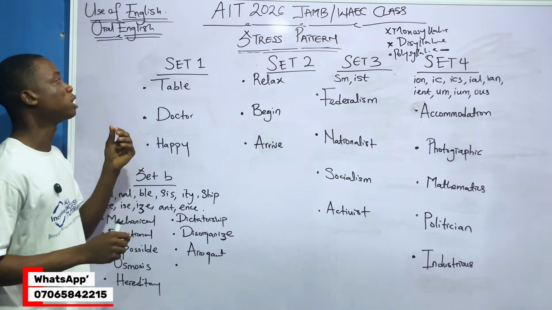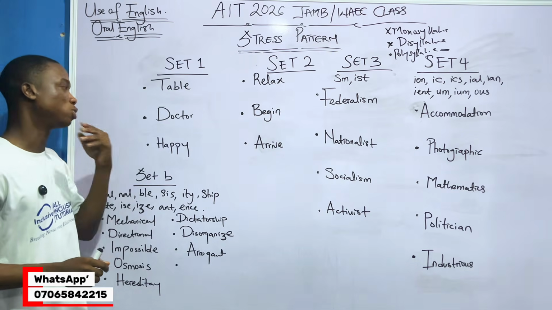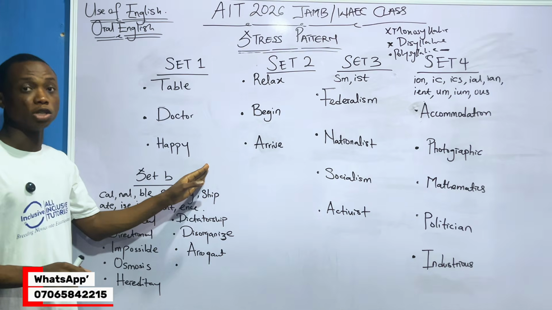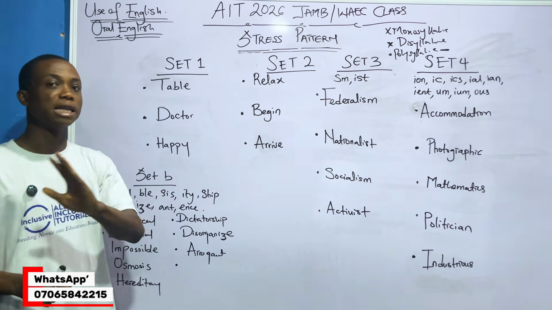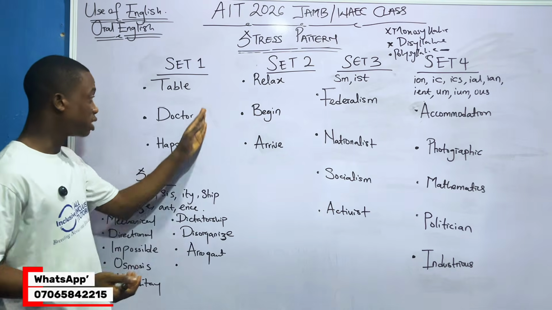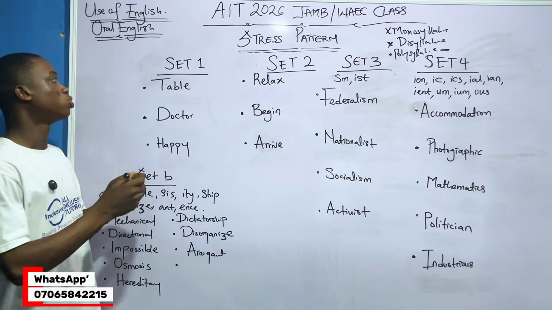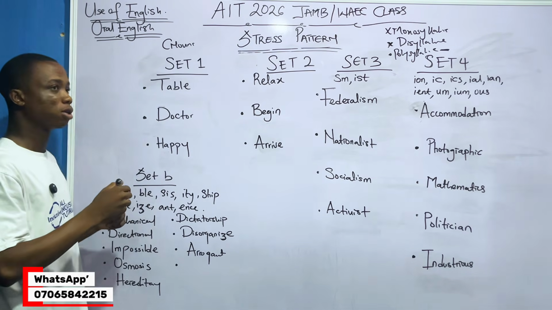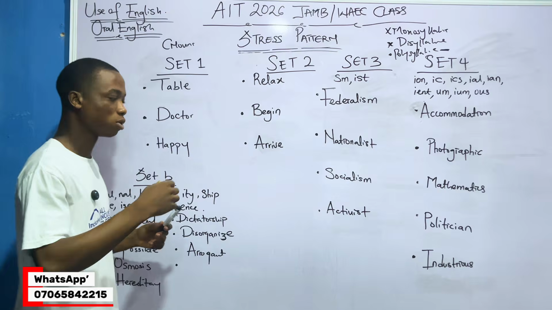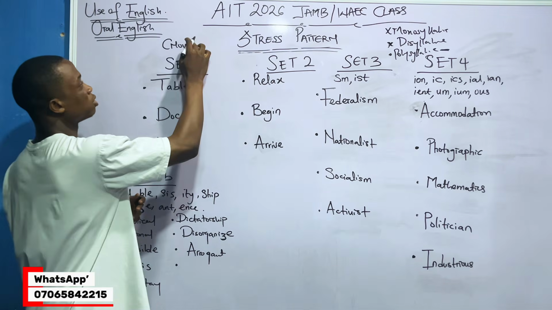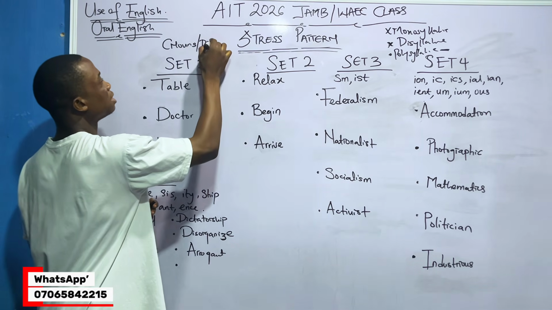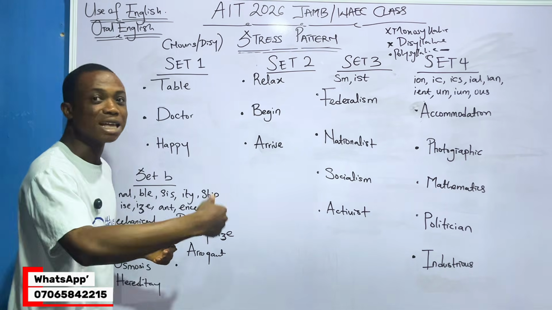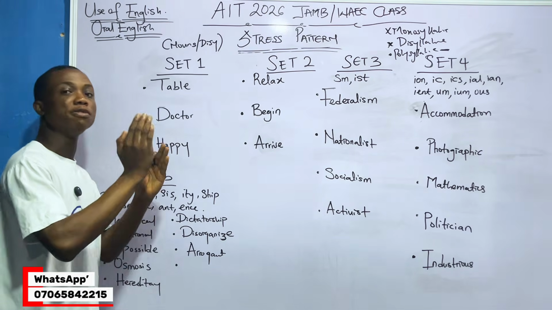Very, very important. So now, set 1, 3 questions. Table, doctor, happy. What do you notice about these 3 words here? You notice that they are nouns. Am I correct? Yes. These 3 are all nouns. And what again? They are disyllabic, because table, doctor, happy. They are not just nouns, they are also disyllabic. You understand? So now, when you want to stress a noun that is disyllabic, just stress the first syllable